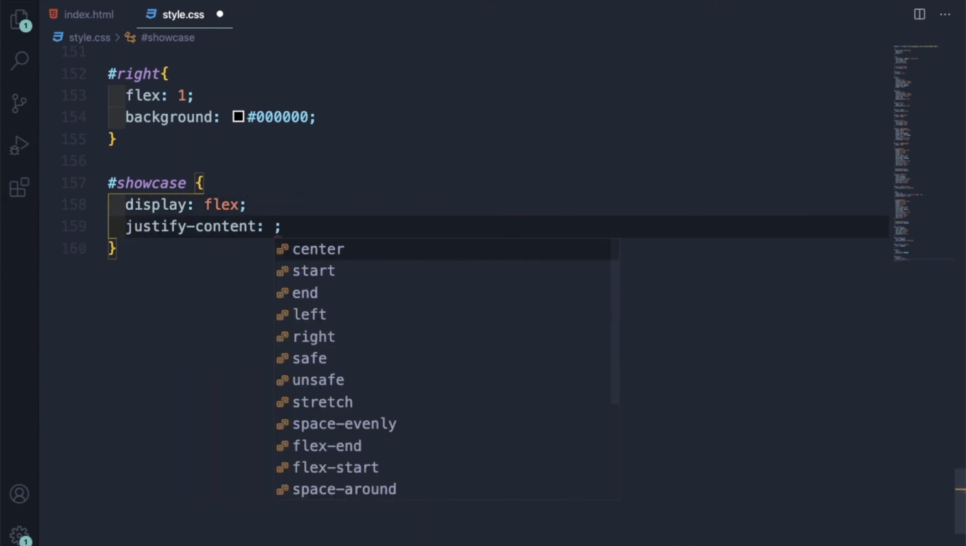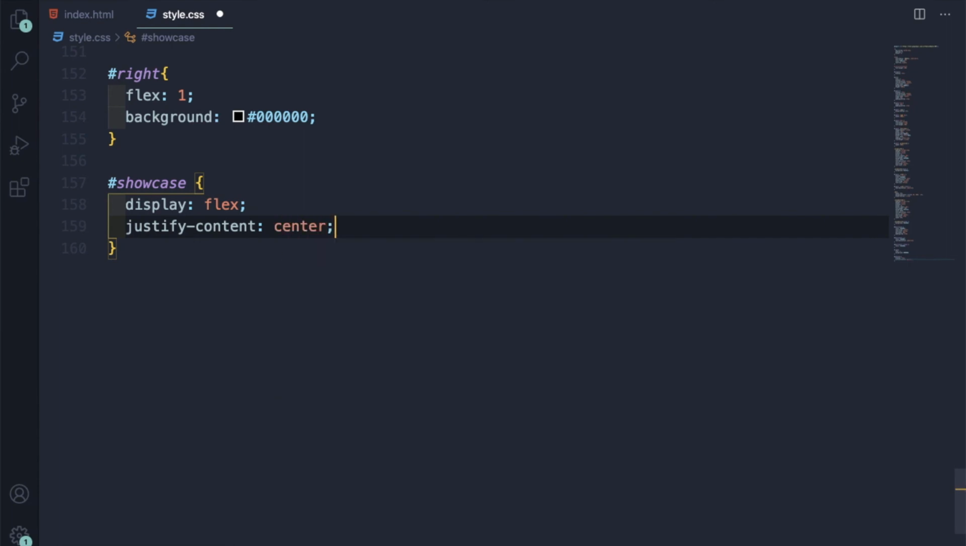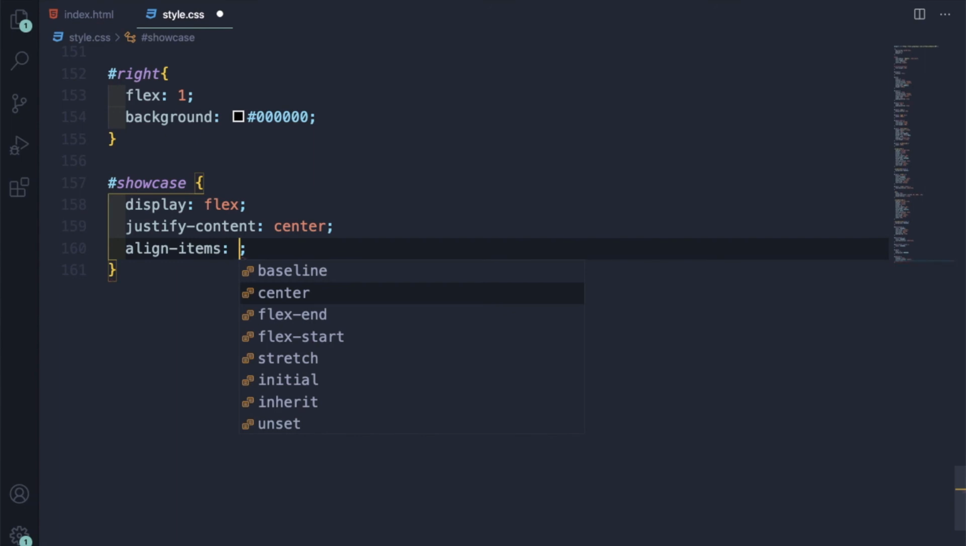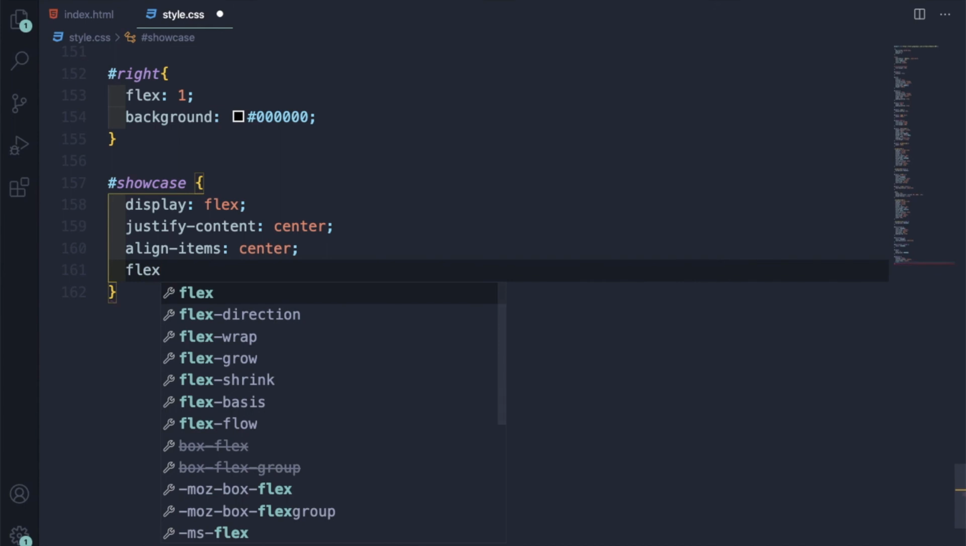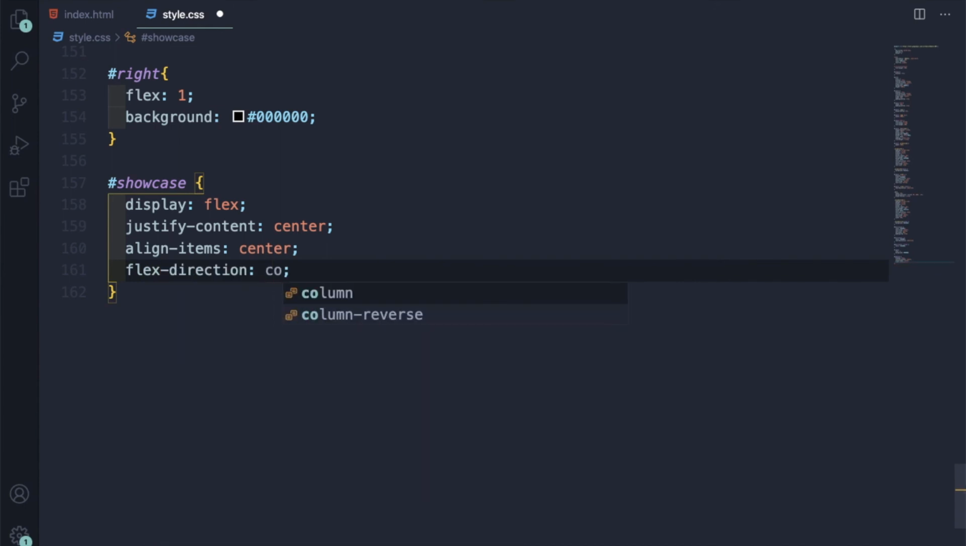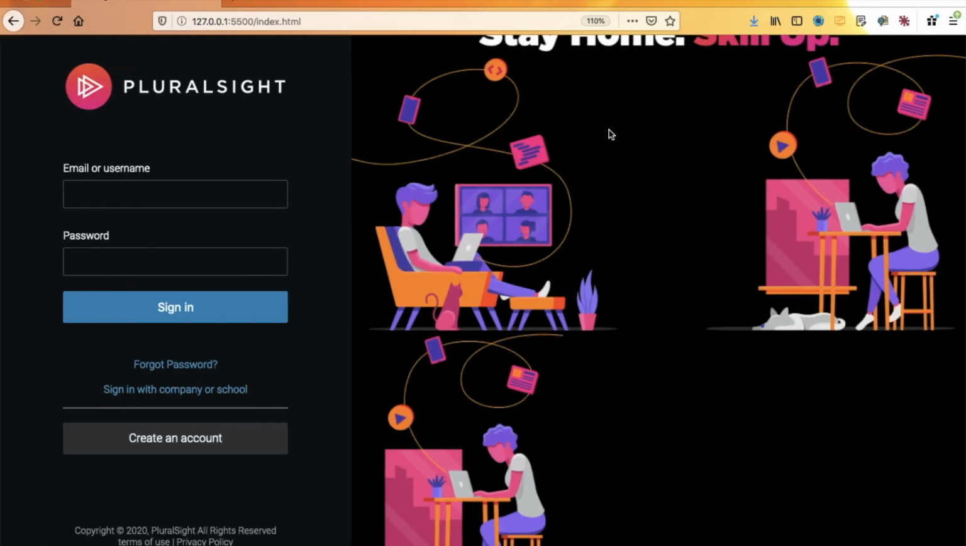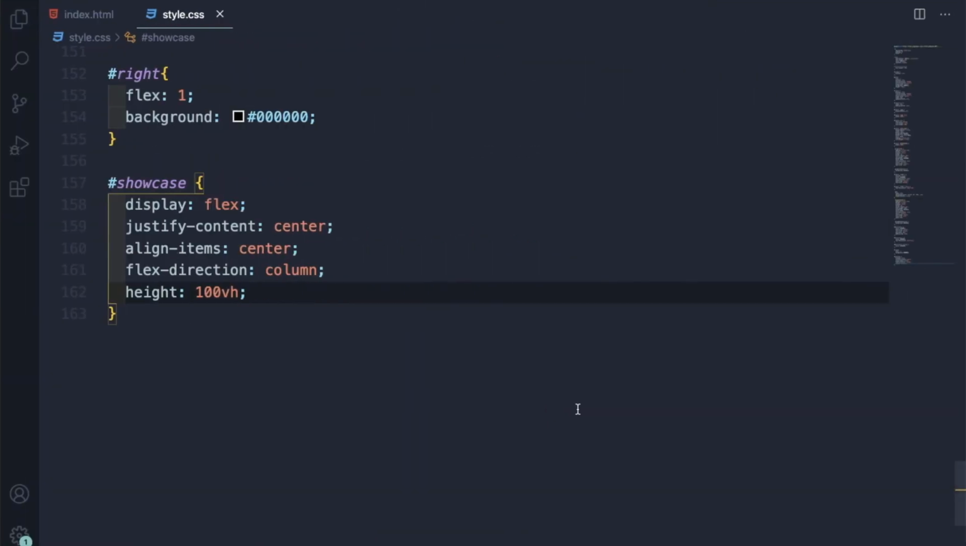Justify content is center, align items is center, flex direction is column, and the height is 100 vertical height. Let me save this much only and show you. See, everything has come one below the other, but this is getting cut and this we don't need. So